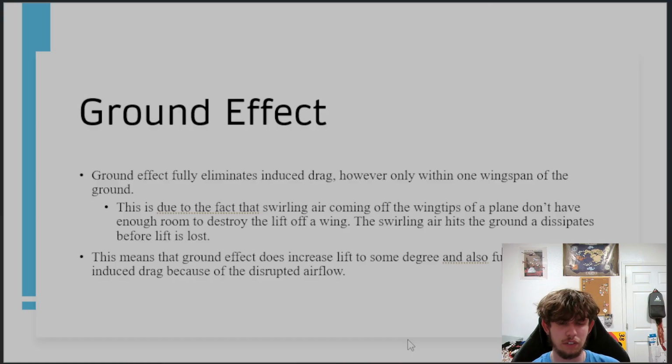The plane is close enough to the ground that these wingtip vortices are disturbed by airflow on the ground that has nowhere to dissipate off to. Therefore, the wingtip vortices don't generate and dissipate before any lift is lost, which increases the amount of lift that the airplane is experiencing in that low, slow flight configuration,